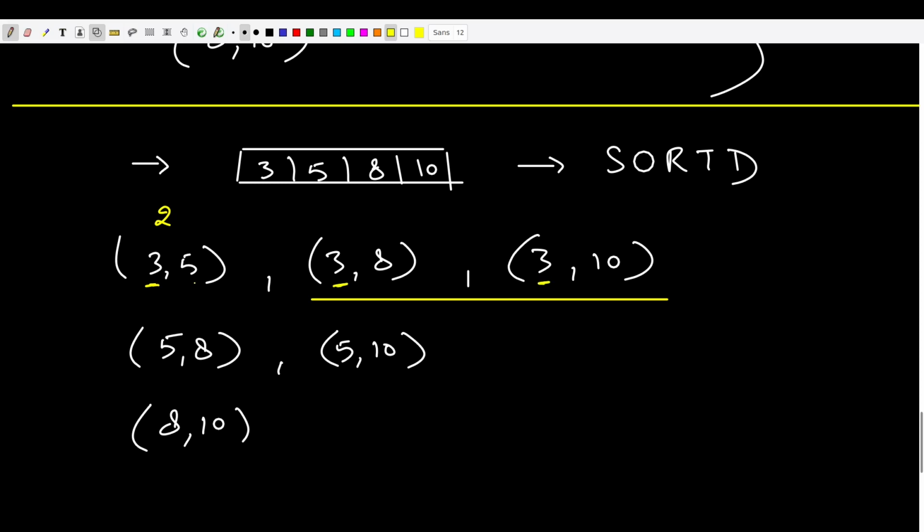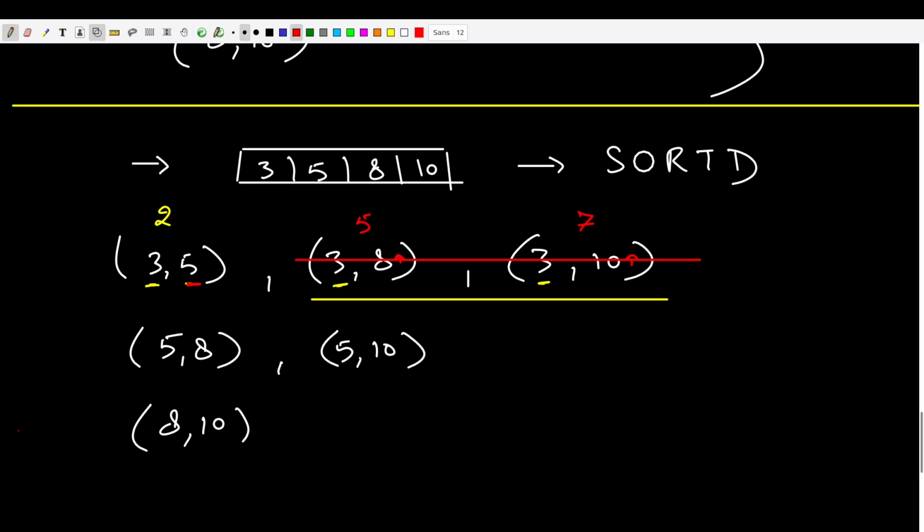And the other element, which is this element, is increasing. Initially it was 5, then it becomes 8, and here it becomes 10. Since it is increasing, the difference between the pairs will also increase, and that is what we can see here also: 5 minus 3 is 2, whereas here it will be 5 and here it will be 7. And since our objective is to find the minimum element, we don't really have to operate on these